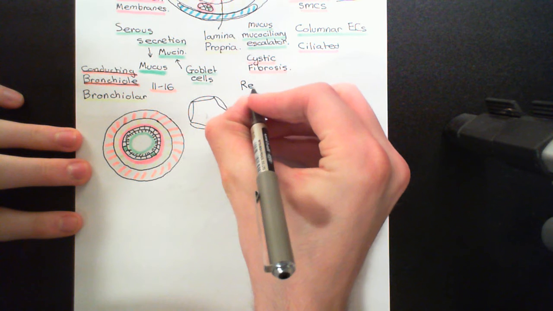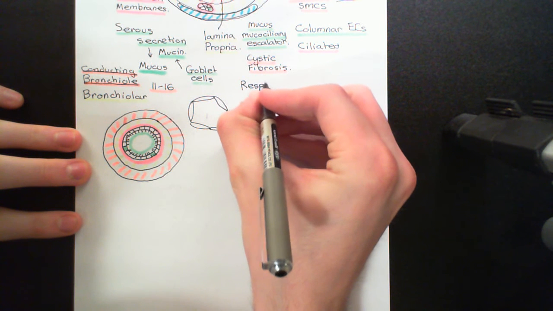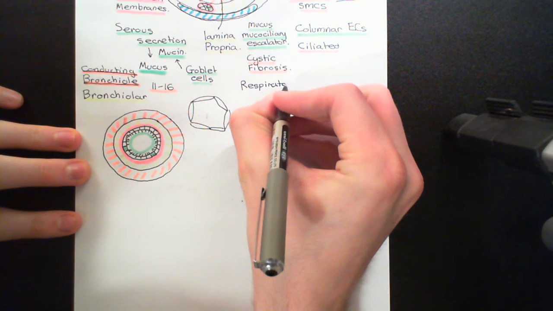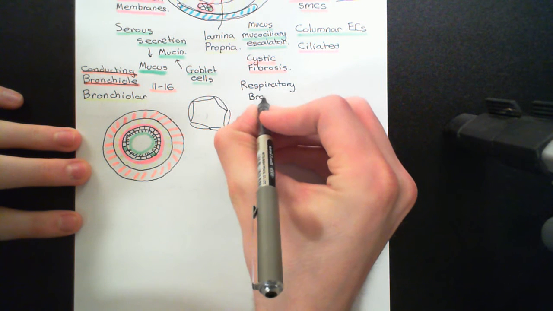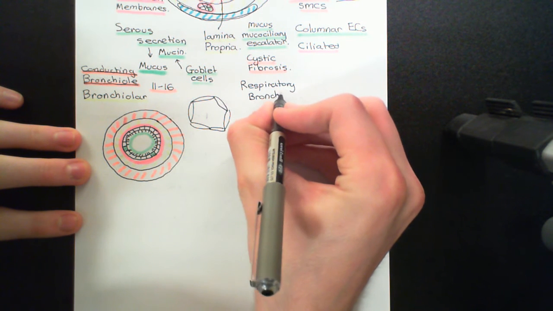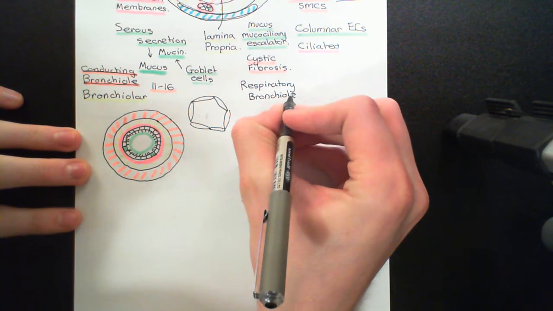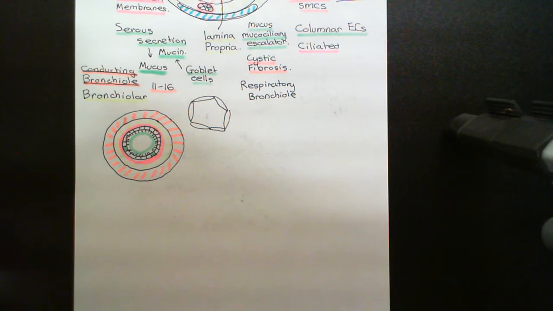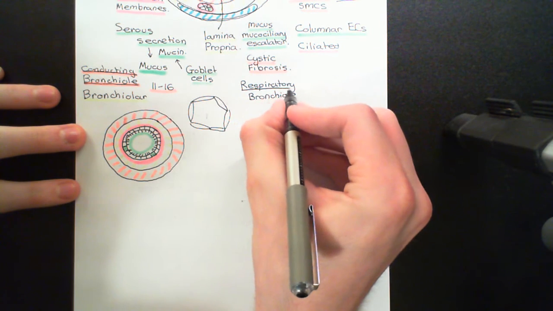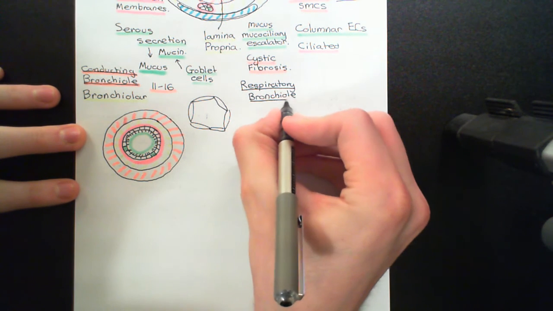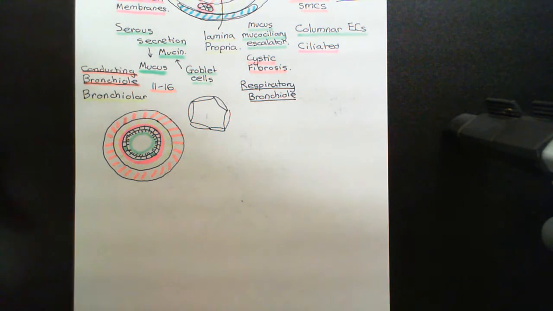Now remember, this is generation 17 to generation 19. These are very small little tubes now, and these have alveoli coming off them. So these are going to be very simple. They're simply going to consist really of a surface epithelium sitting on a basement membrane, and no longer are the columnar epithelial cells going to be ciliated, and no longer is there going to be a layer of mucus over